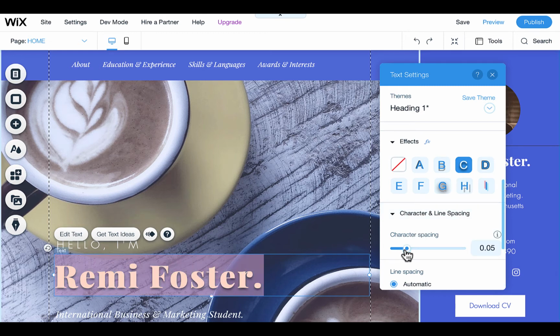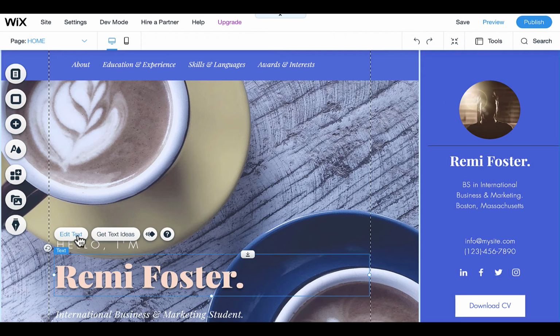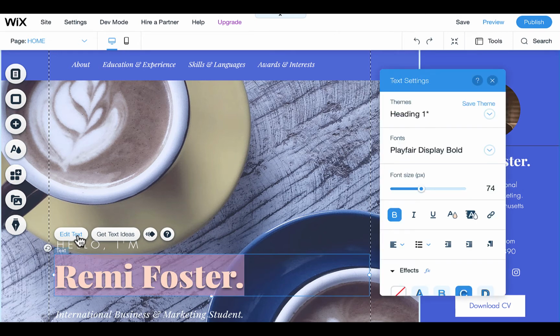Character spacing, we can move this with a radial toggle as well, make it more narrow or more wide depending on our likes. And there's a few other options, but we'll leave it like that. If we hit edit text,